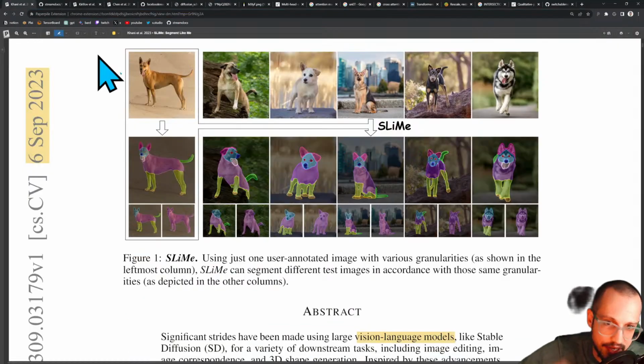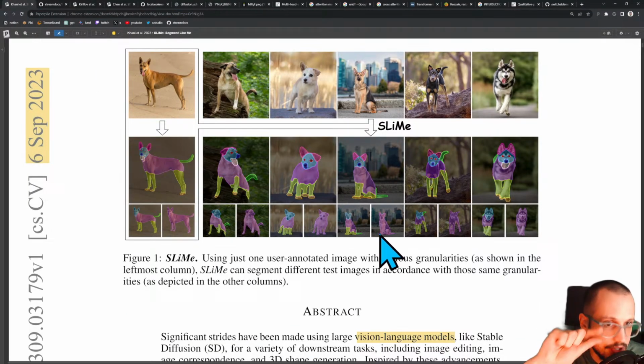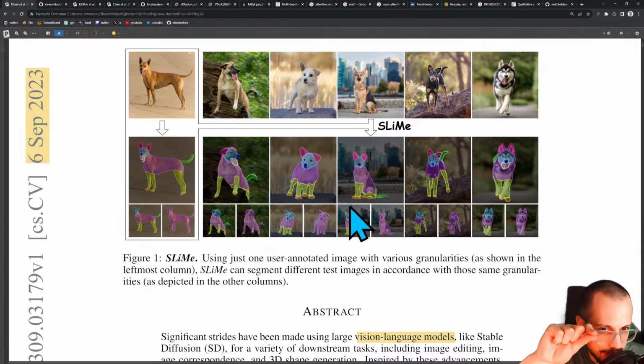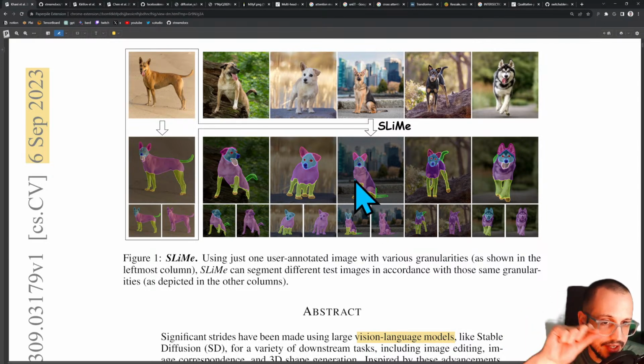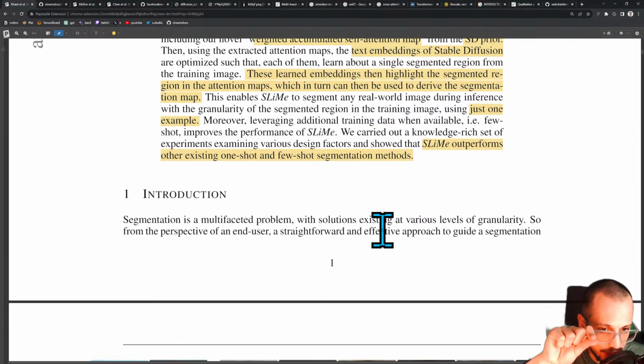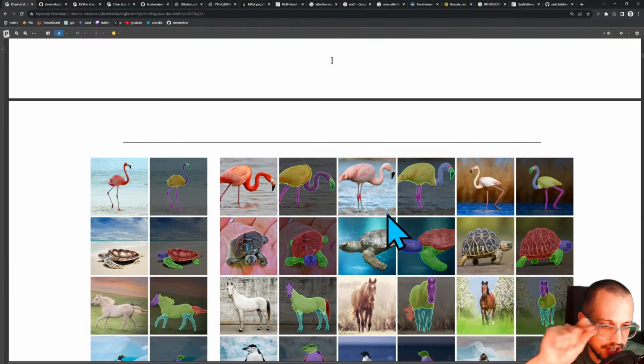which is what Stable Diffusion is used for. But in this SLiME paper, they're using it to basically say, okay, I have some tokens here, or some parts of the image, other parts of the image that are related to this part of the image from the self-attention map, and then what token corresponds to this part of the image, right? And then they run this optimization process where they basically figure out what token represents this part that you